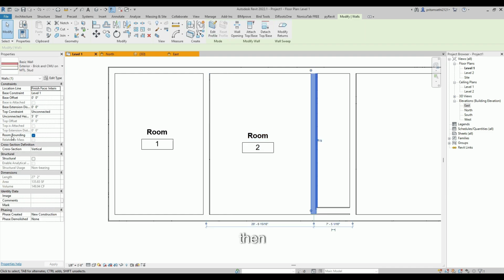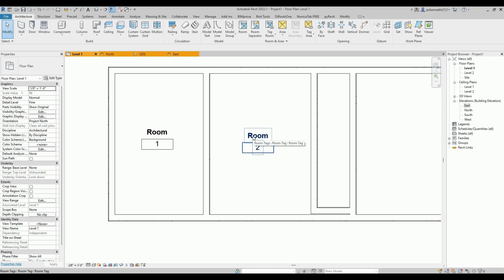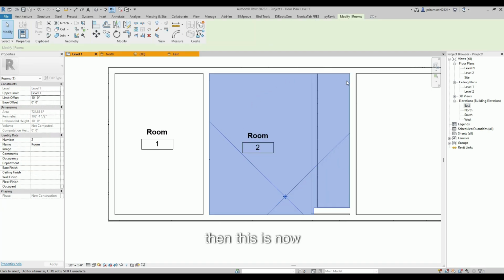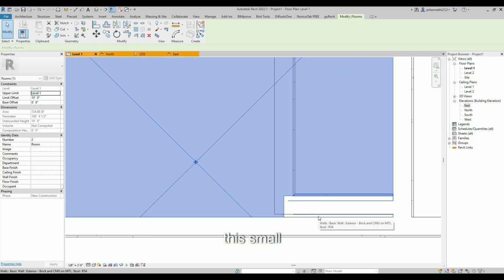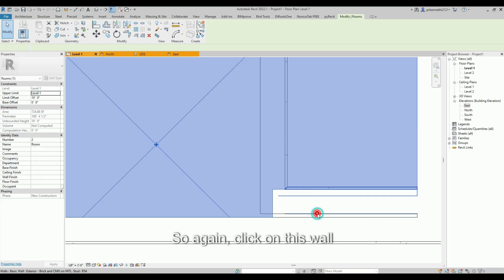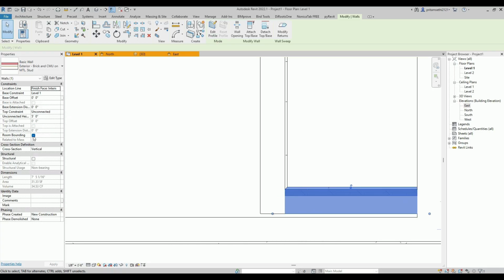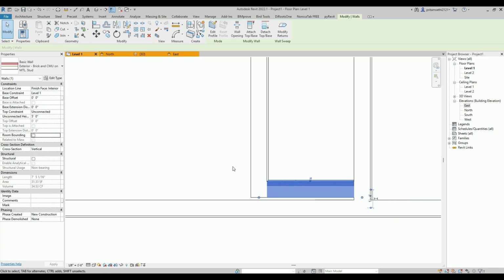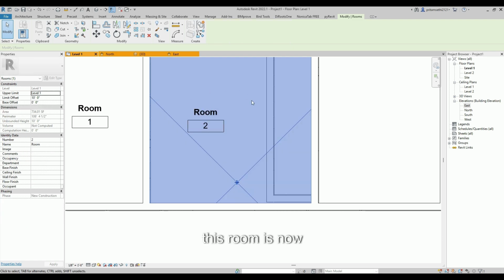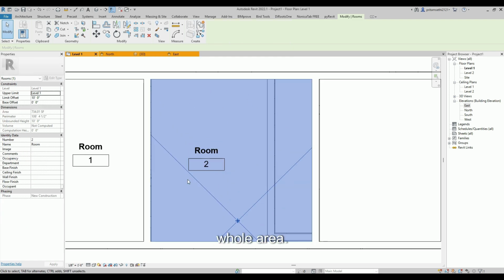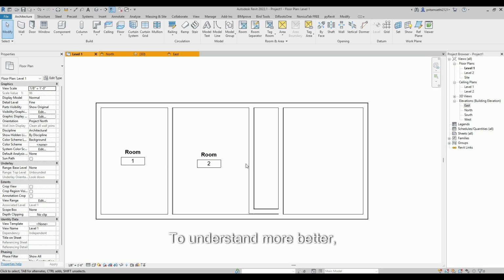Then the option room bounding, you just have to uncheck this room bounding. Now if you click on the room tag, then this considers all the room except this small area. So again click on this wall and then uncheck this room bounding. You see this room has now calculated the whole area. To understand better,